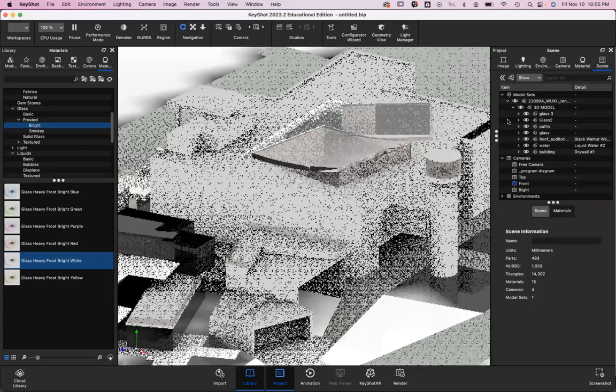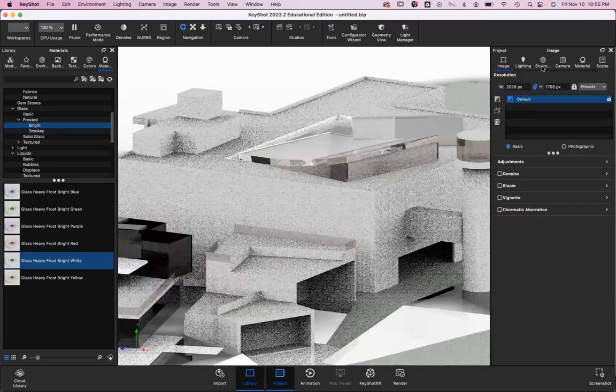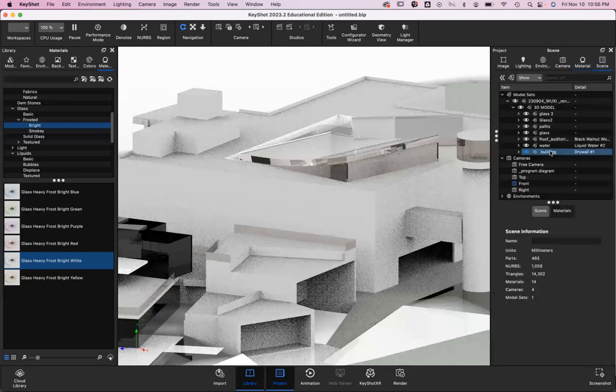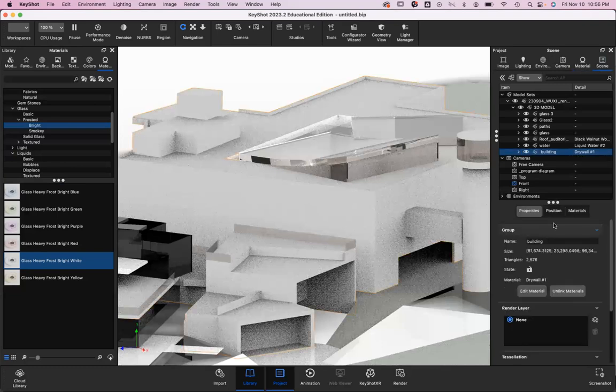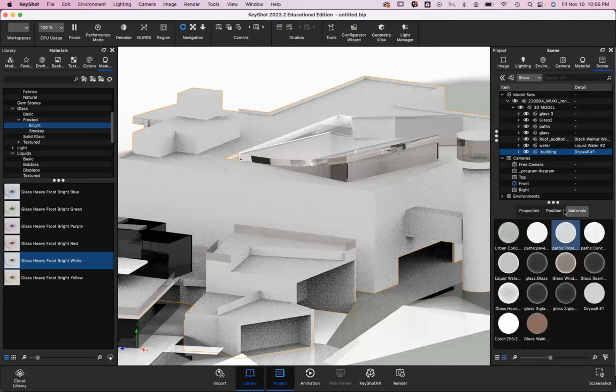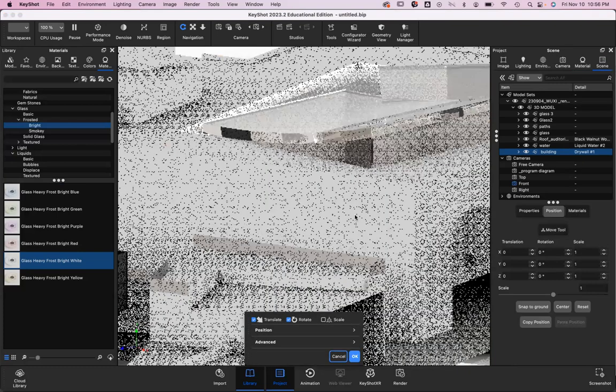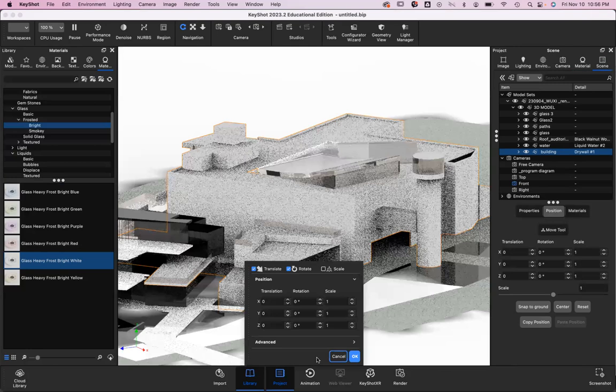I'm going to start with the drywall. So here in the materials palette, I can do drywall, and then if it has drywall here, just double click, and you'll have properties, position, materials. If you hit on position, then you can move the object if you want to. There'll be a gumball somewhere, or you can change the position here. But for materials,